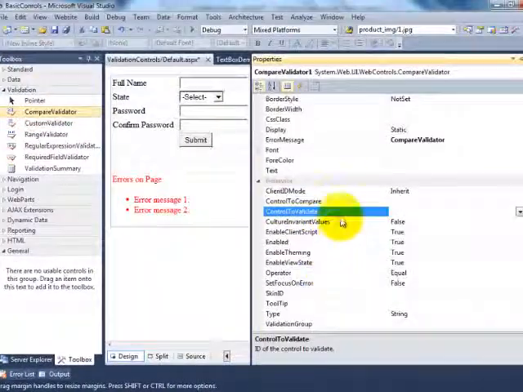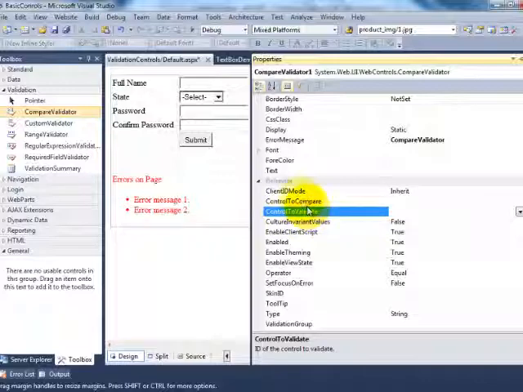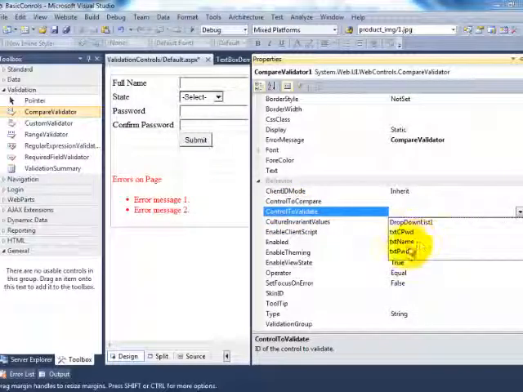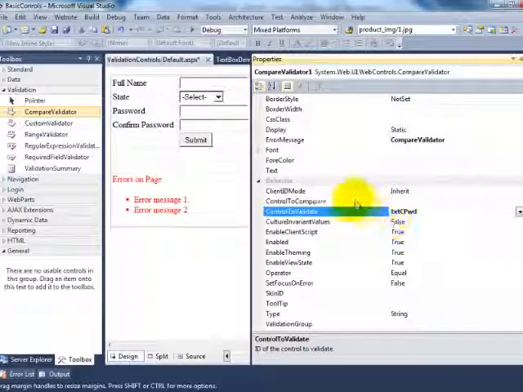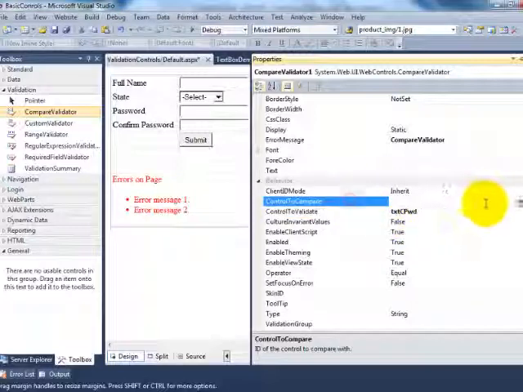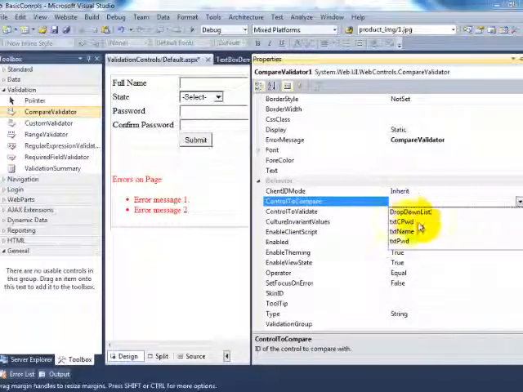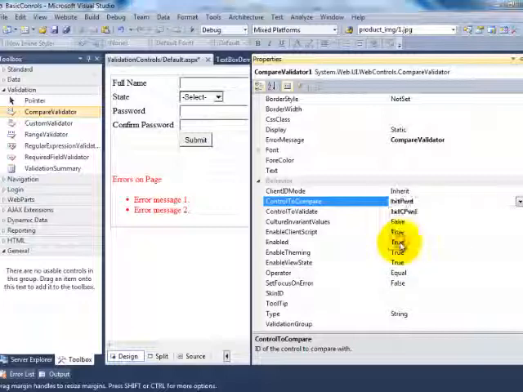First property, control to validate: to which control we are validating and with which control we are comparing. So control to validate, I'll say txtConfirmPassword. Control to compare, with which control we are comparing, txtPassword.